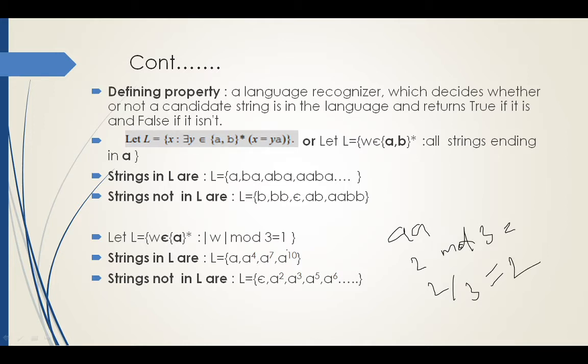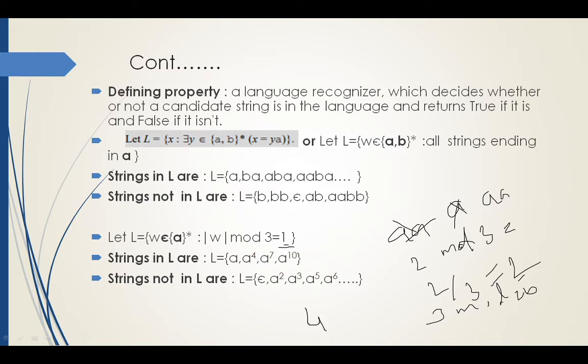It is 2. But here it is telling you should consider a string where the remainder is 1 after dividing the string length by 3. But what is the remainder here? 2. So 2 A's are not a valid string. 1 A is not a valid string. Next, 3 A's: 3 mod 3 is what? It is 0. But what is the given condition? It should be 1. So 3 A's are also not allowed in the valid string list.